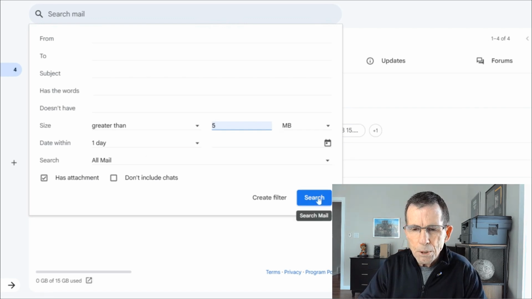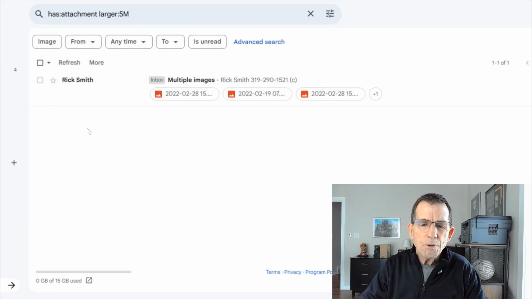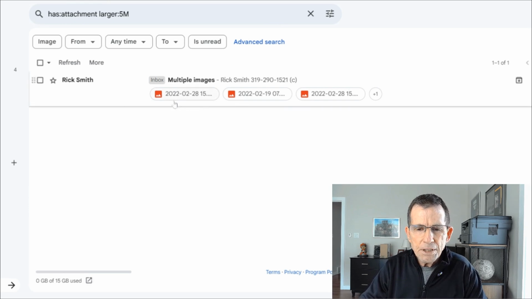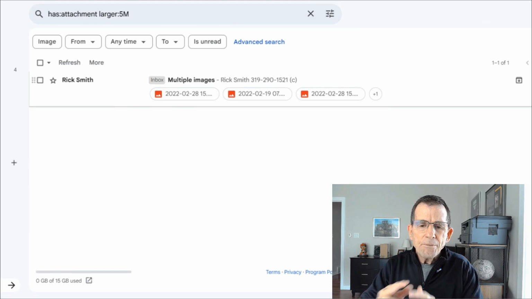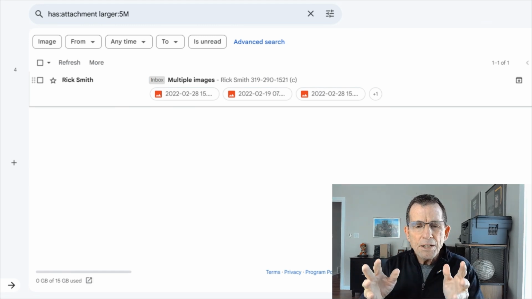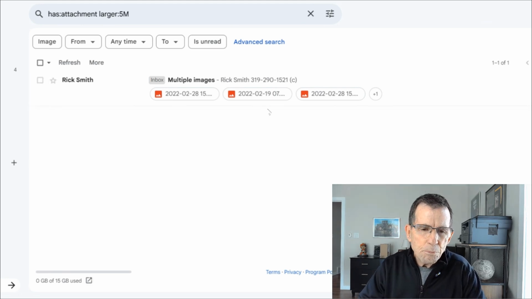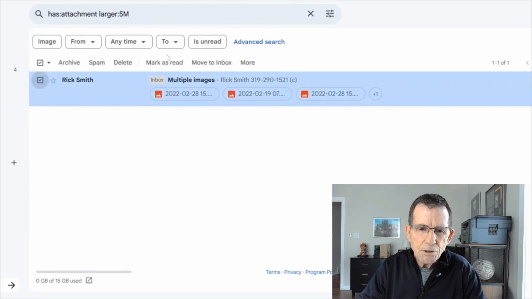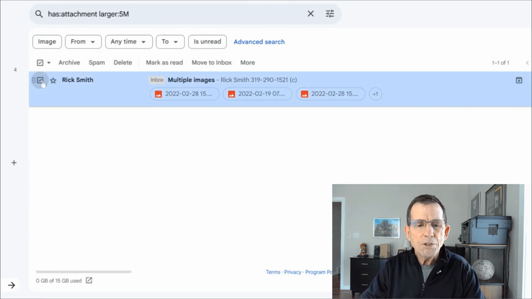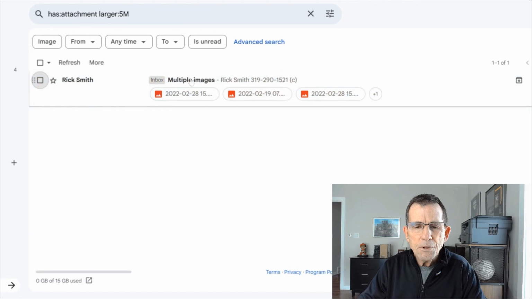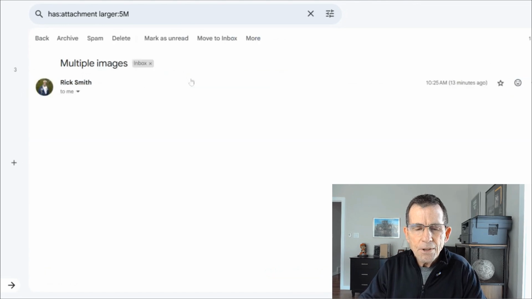We click on the search button here, and sure enough, we have one. I have an email with 1, 2, 3, 4 images attached to it that is greater than 5 megabytes. Well, if I keep that in my inbox, that's going to use up 5 megabytes of storage or whatever the total is. If you don't want it, you can simply click on the box next to it and hit the delete button. But I caution you before you do that, you might want to open up this email,